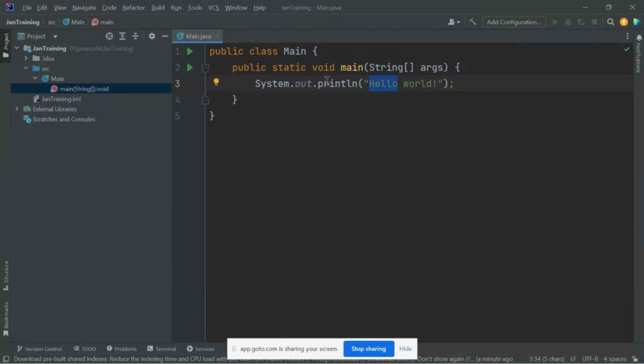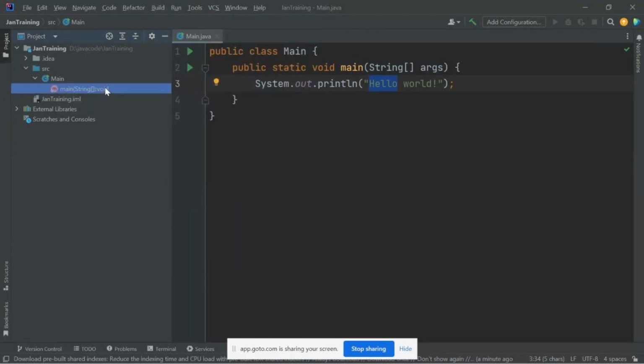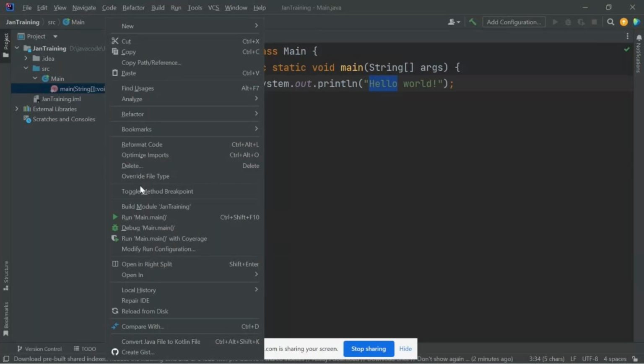What is this class? What does this mean? Everything I'll be explaining in detail. For now, I'm going to run this code and show you the result. So, what is the use of the IDE is what we are going to see now. To run this, there are different ways available. You can click on this green triangle, or on top you have the run option. You can click on this run, or you can right click on main and run. There are so many options available to run this code.